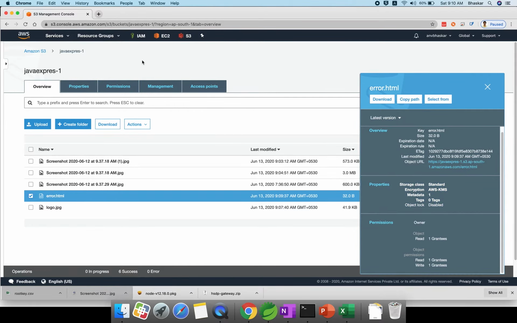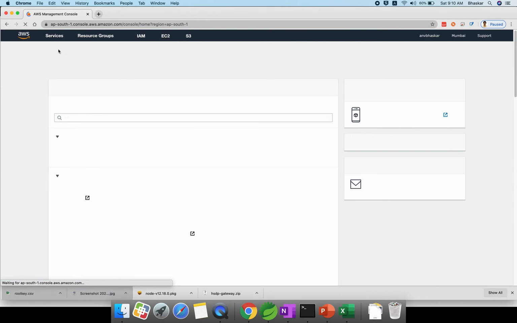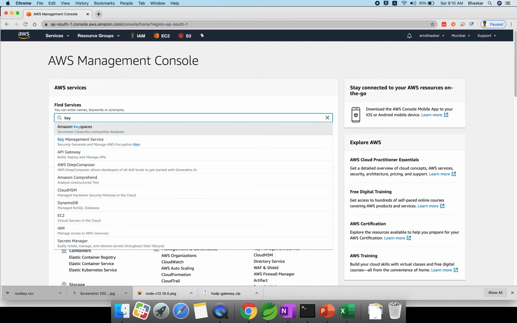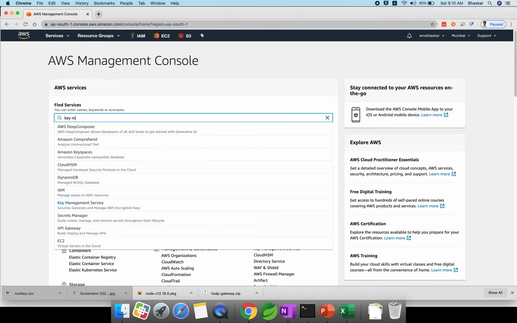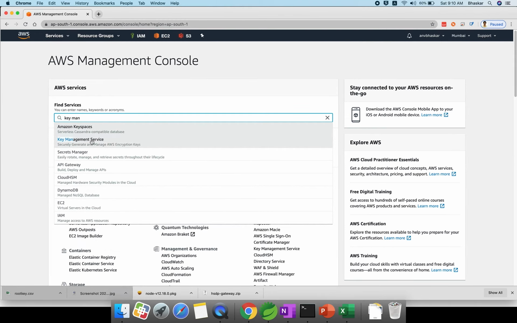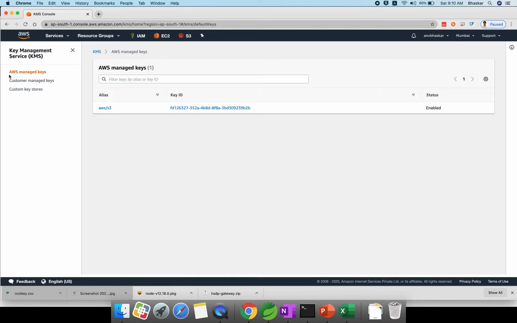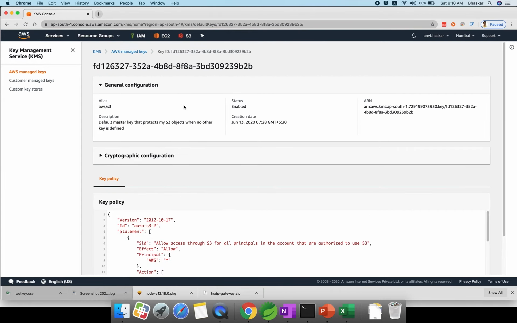What I will do, go to AWS, click here, Key Management Service. This is one of the services. If you go here, this is the dashboard. This is AWS managed keys. See, we don't have any delete option, except you can see the data.